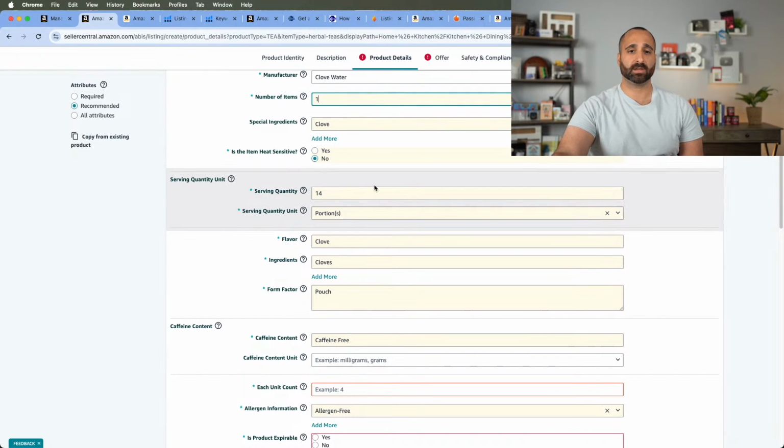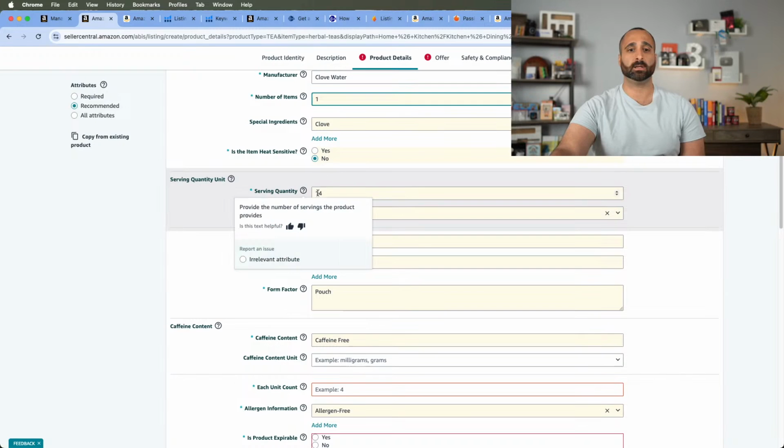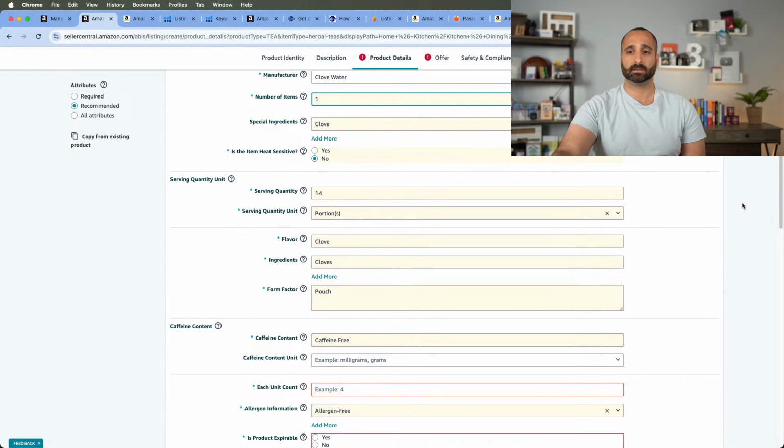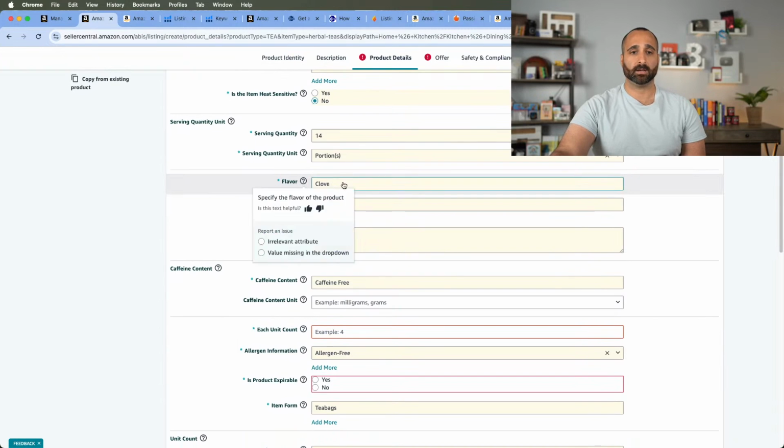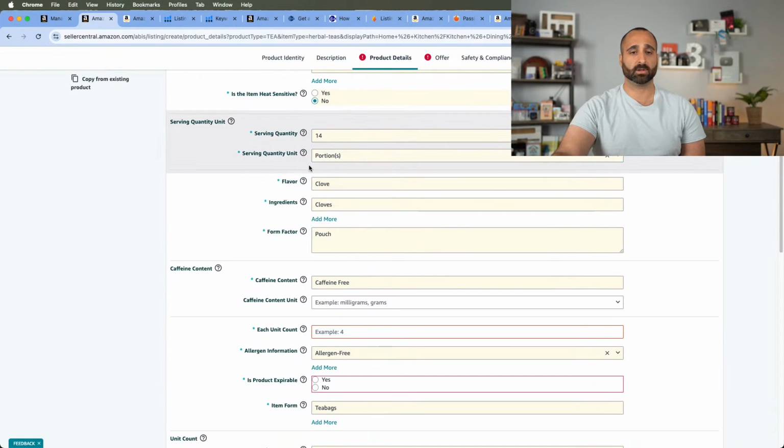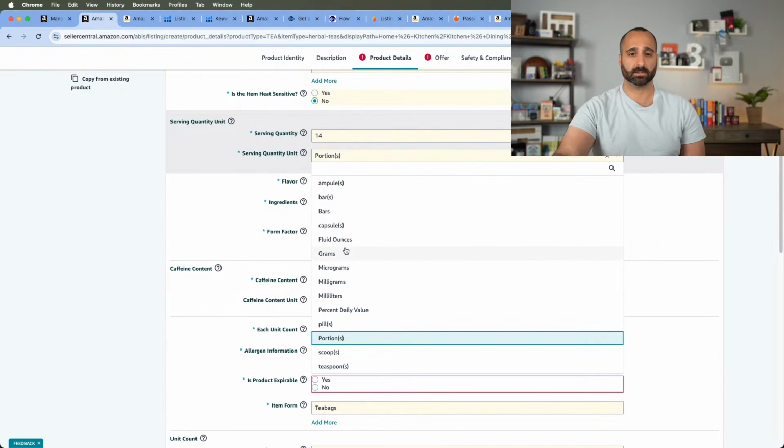So make sure that you get that right. Serving quantity is going to be 14. So inside my bag, my package, my unit, there's going to be 14 servings in each bag. Flavor is clove. Serving quantity is going to be,